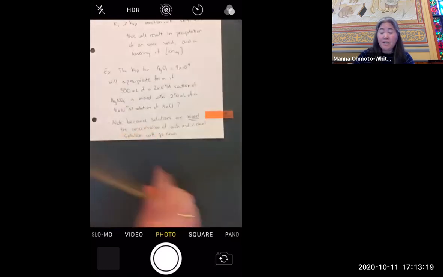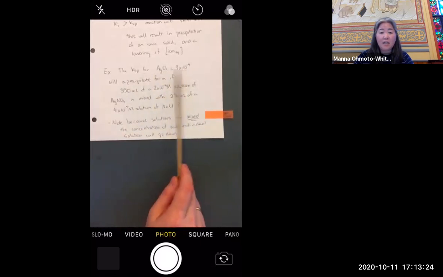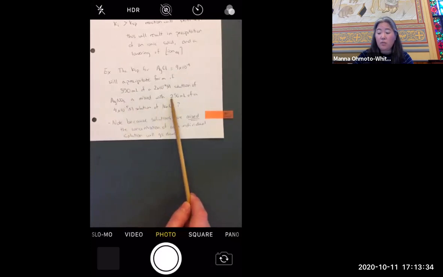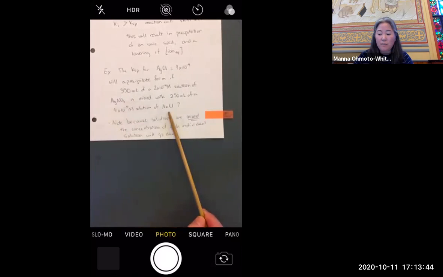So here's an example. If the KSP for silver chloride is 9 times 10 to the negative 9th, will a precipitate form if 350 milliliters of a 2 times 10 to the negative 4th molar solution of silver nitrate is mixed with 250 milliliters of a 4 times 10 to the negative 5th molar solution of sodium chloride? Basically what I'm doing is I'm combining silver nitrate with sodium chloride and seeing if my ion concentrations are going to exceed that. Now, because you're mixing solutions, the concentration of each of the individual solutions is going to